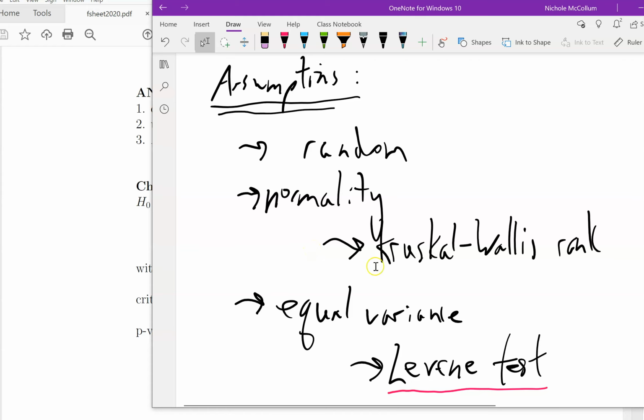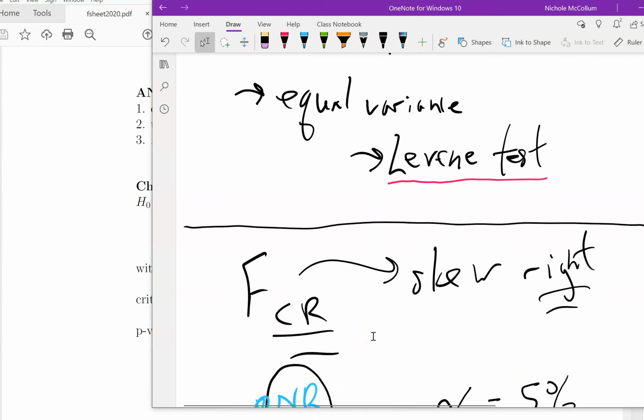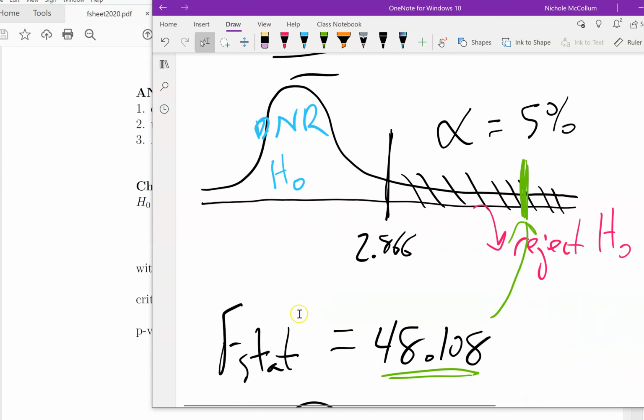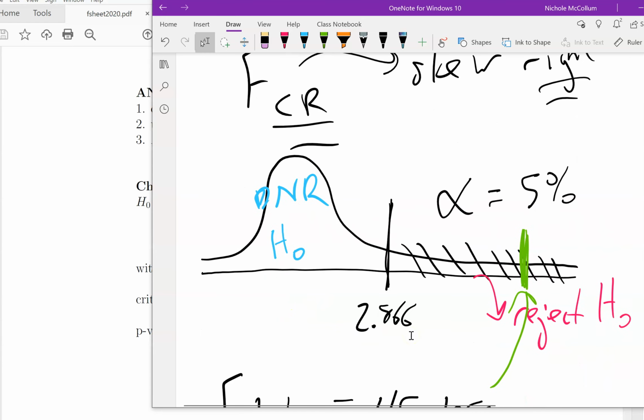If you're doing an advanced course, you would definitely run the Kruskal-Wallis if you're worried about normality. And you would run the Levene test to guarantee equal variance. In this class, the first time around, we just assume these so we can look at the ANOVA test. So again, the ANOVA test gives me an F statistic, which I judge against a